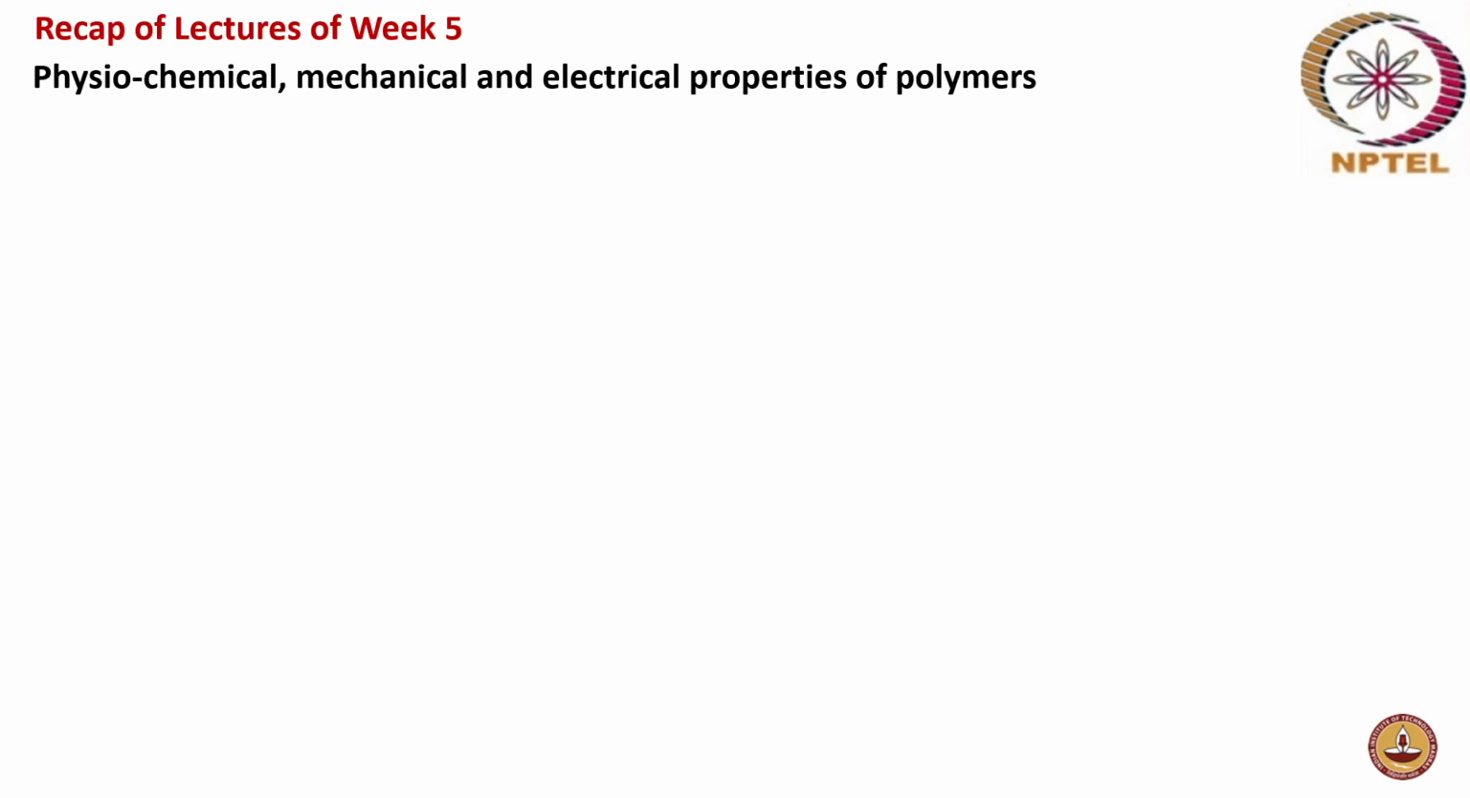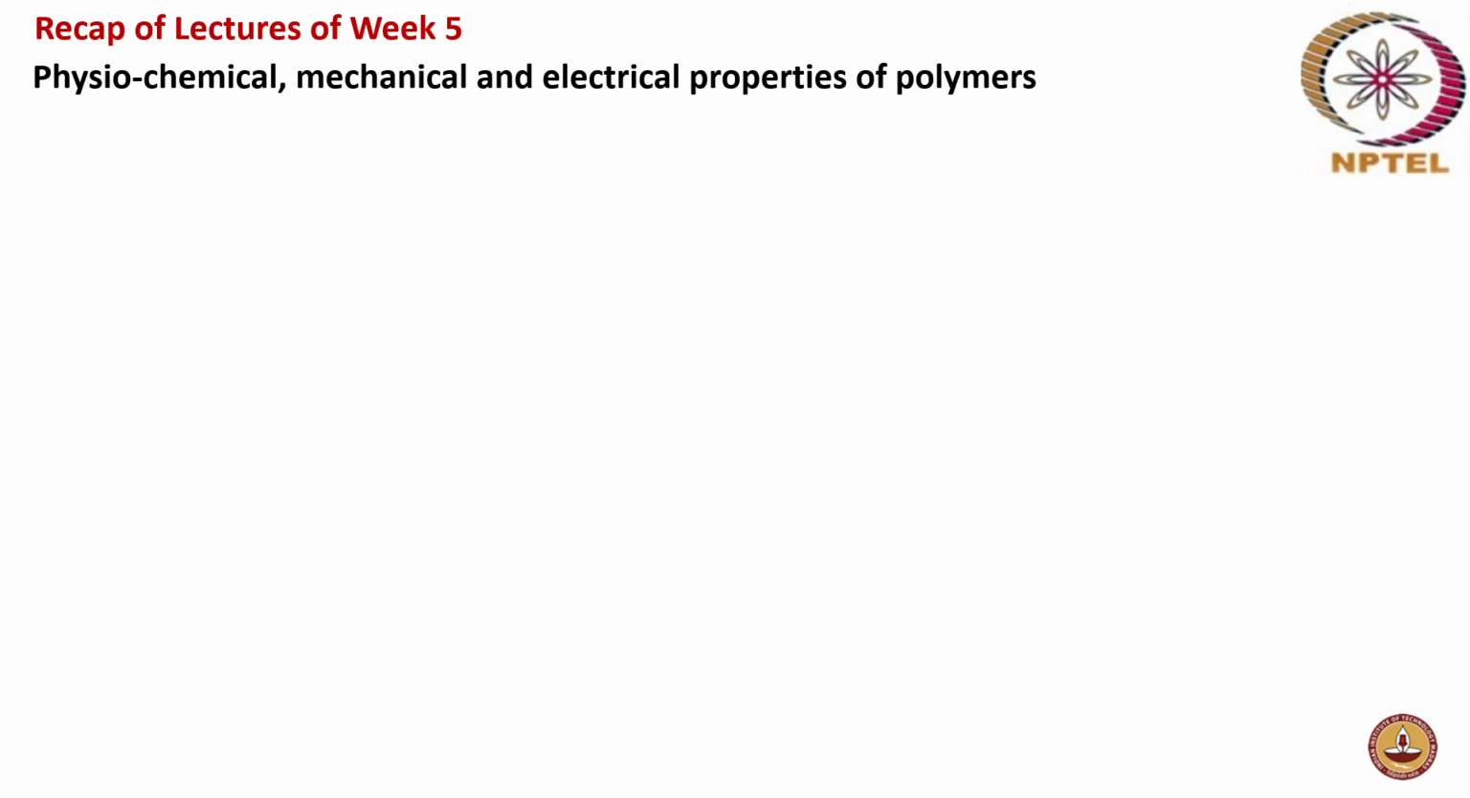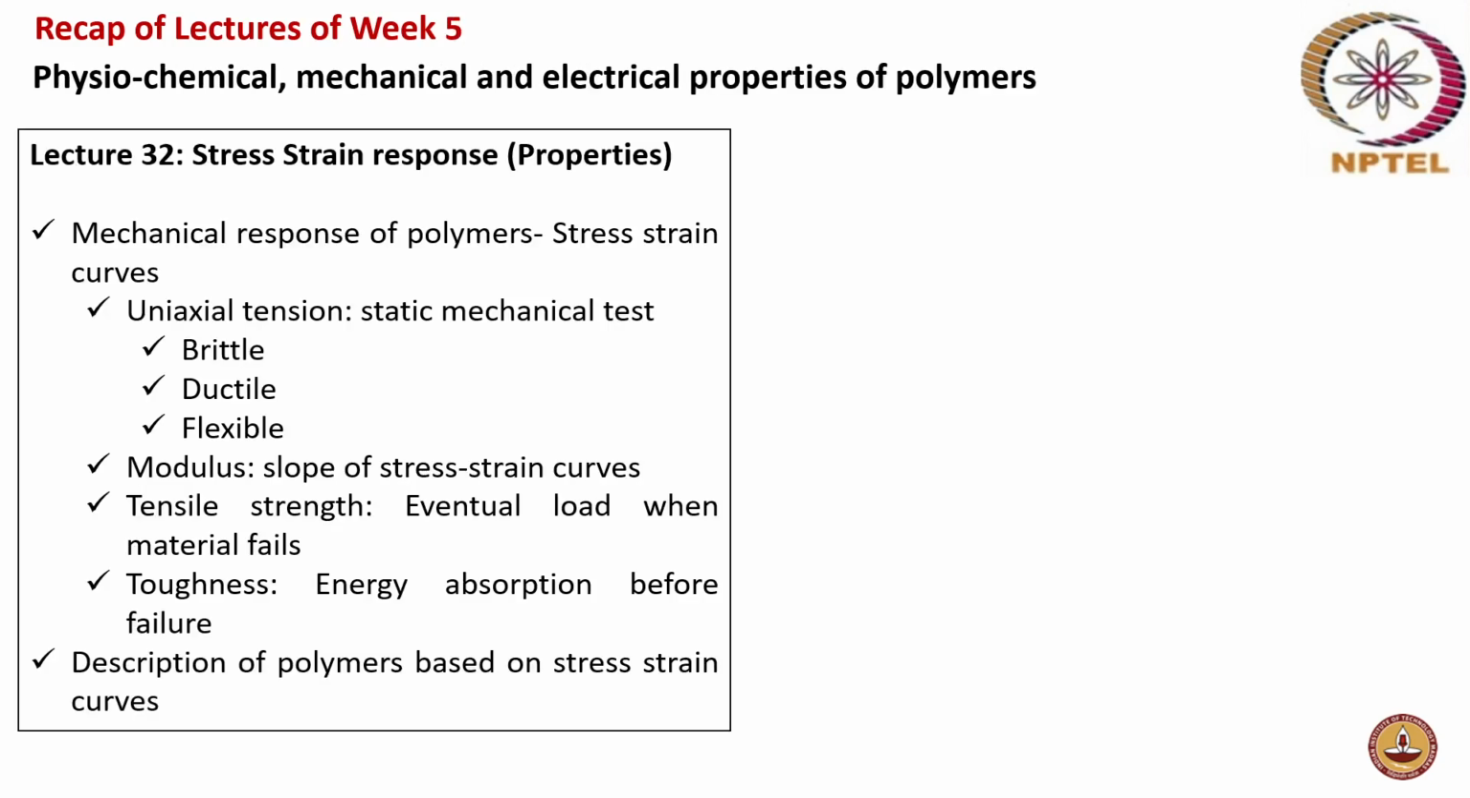And then week 5 lectures were on physicochemical, mechanical, and electrical properties of polymers. So in lecture 32, the stress strain response, the mechanical response of polymers, the stress strain curves, the uniaxial tension, the static mechanical testing, what is a brittle polymer, ductile and flexible polymer, and then modulus, the slope of the stress strain curve gives you the modulus, and then tensile strength, toughness, the energy of absorption before failure. Right, the area under the stress strain curve gives you the toughness,